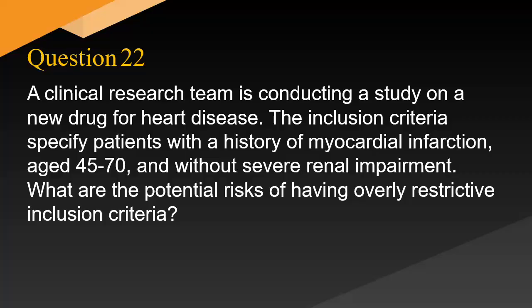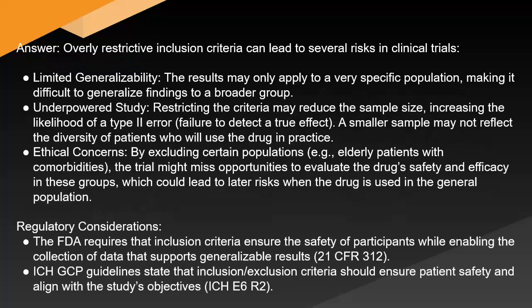What are the potential risks of having overly restrictive inclusion criteria? Answer: overly restrictive inclusion criteria can lead to several risks in clinical trials. Limited generalizability. The results may only apply to a very specific population, making it difficult to generalize findings to a broader group. Underpowered study. Restricting the criteria may reduce the sample size, increasing the likelihood of a type II failure